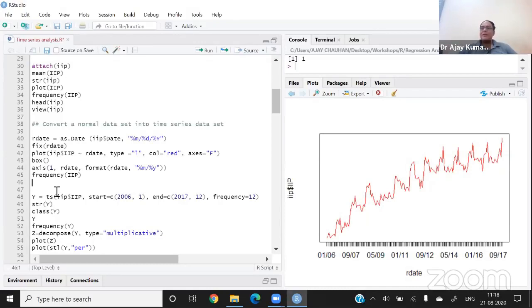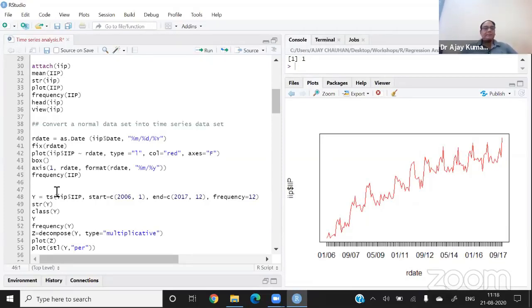This series may be having the seasonality. This series is maybe having the cyclical effects and irregular effects. So a time series consists of different types of components. And now I want to study these different components so that I can use them for my analysis. So this is the purpose of the next few commands which I'm going to show you.